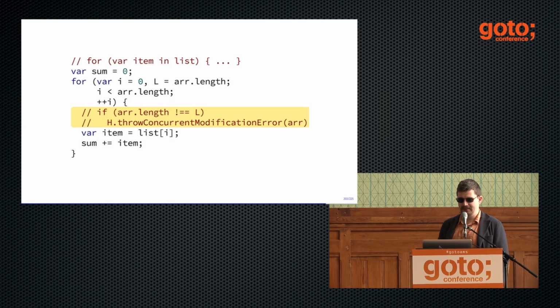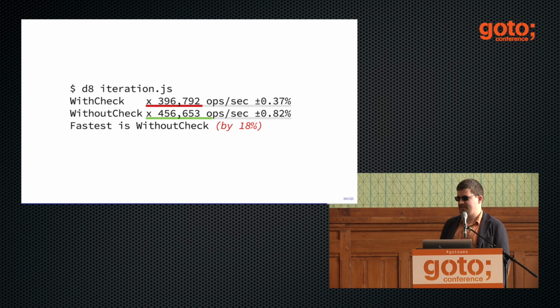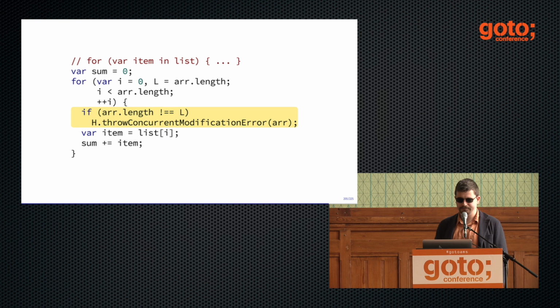And they said there is a check, and it of course costs something. So if we comment it out, it's 18% faster. Can you help us and make it somehow 18% faster without commenting it out? And I said, well, no problem. You take your code and then you write it like that. So you replace the method call with something strange here.